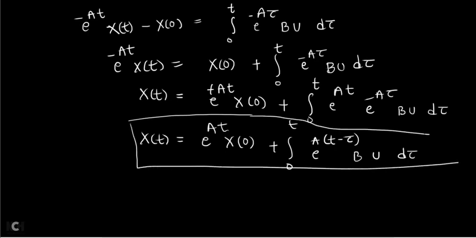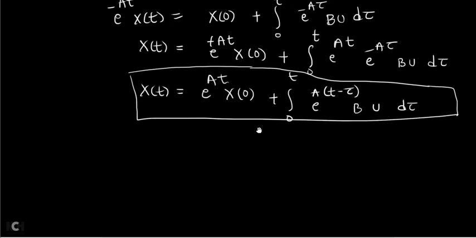So what was the given derivation? You need to find the solution of the given state equation. What is the solution of state equation? It is nothing but x of t. Capital X, you need to find the answer. So that is done. This is the formula you need to use for finding out the solution of the given state equation. Now I will tell what is the meaning of each and every term present here.